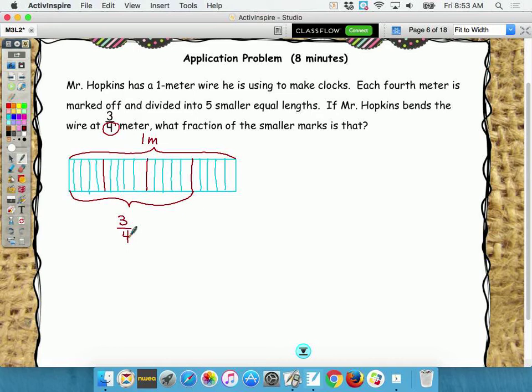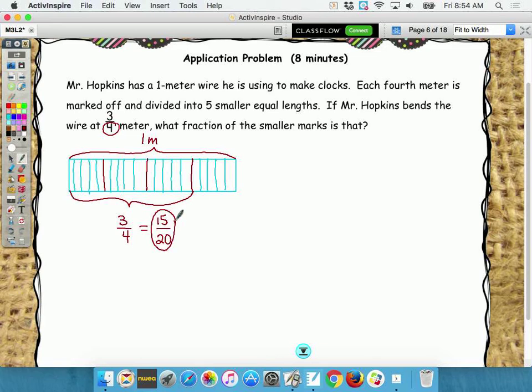Let's see. First of all, I need a denominator for the total number of small parts. 5, 10, 15, 20. And someone said at 3/4 meter, which is 1, 2, 3 of these boxes, right? It will be 15. Is that correct? Yes. Okay. So the answer is